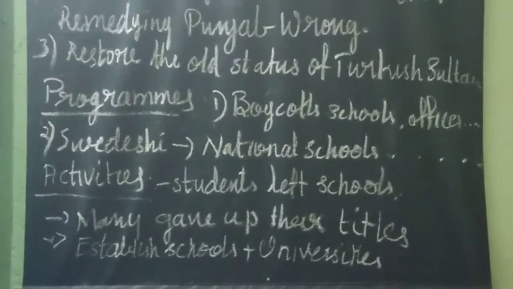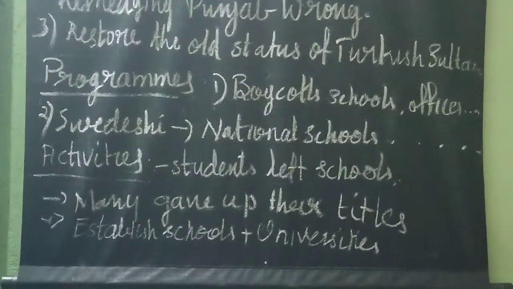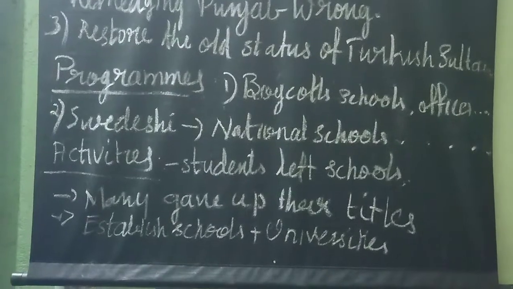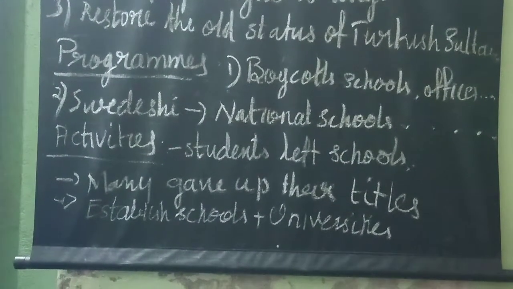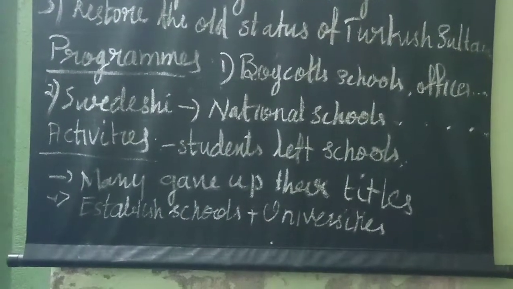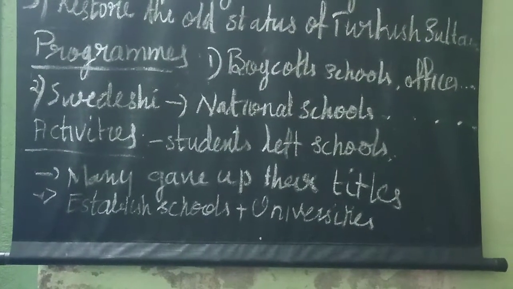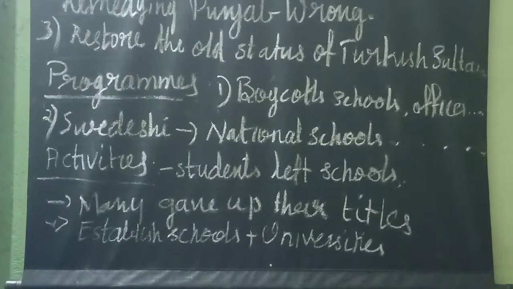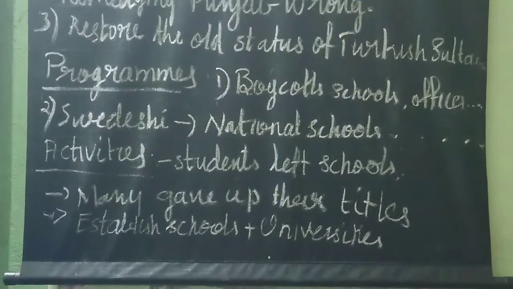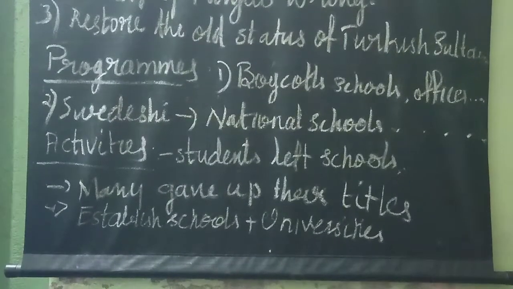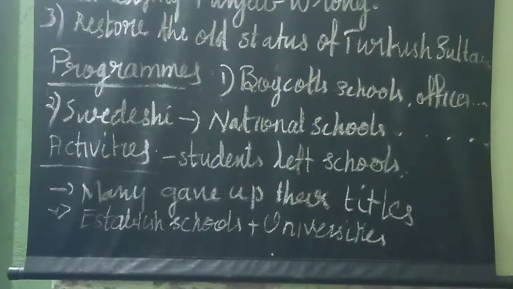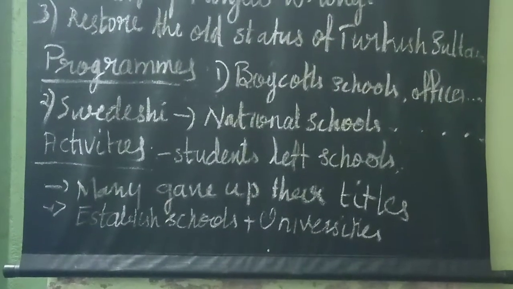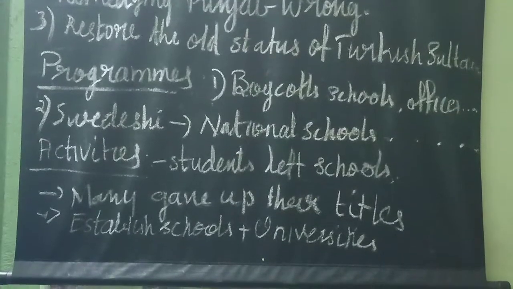First, lawyers like Deshbandhu Chittaranjan Das, Motilal Nehru, Dr. Rajendra Prasad, great people, gave up their legal practice. They had all worked under the control of the Britishers, so they gave up their legal practice. Secondly, students studying in schools and colleges under the control of British people left those schools and colleges. Then Congress also boycotted elections to the legislature, not putting up candidates for the first election to the council. Then charkas were manufactured for people to spin cloth.